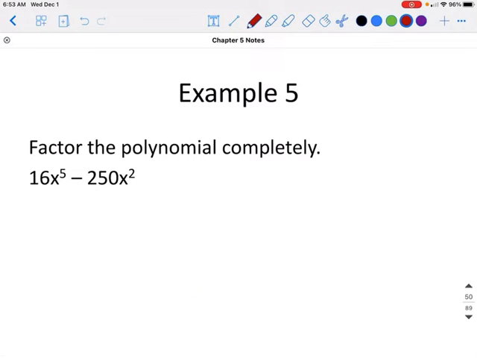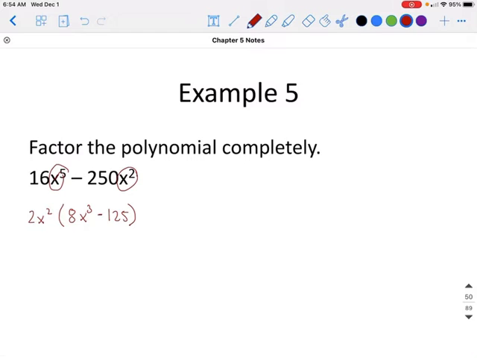If we factor this one, first we need to see if we can take the cube root. I cannot take the cube root of 16, and I cannot take the cube root of 125, but I can take the cube root of an 8, and to turn the 16 into an 8, we would have to factor out a 2 first. Also, we cannot take the cube root of x squared, but I can factor an x squared out of both of these. So if we factor out a 2x squared, this will leave us with 8x cubed minus 2 goes into 250,